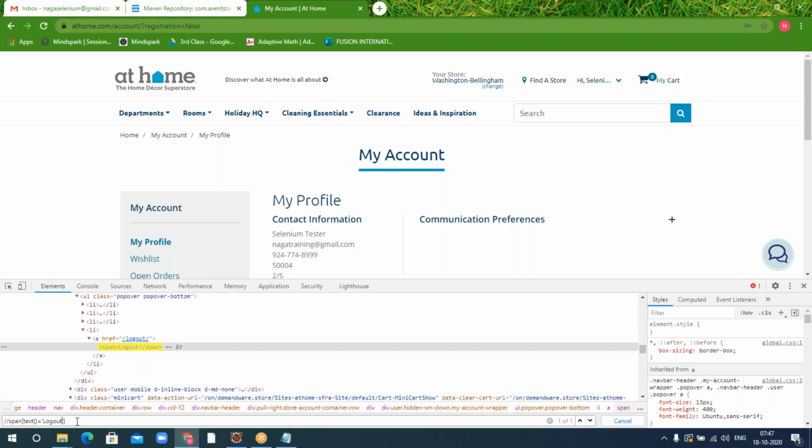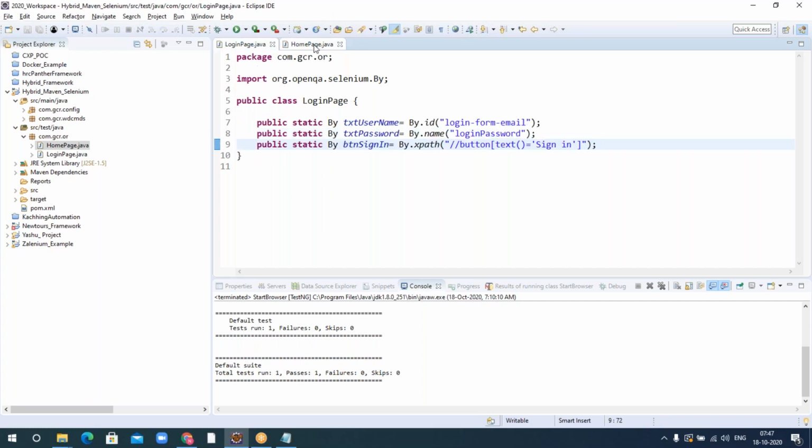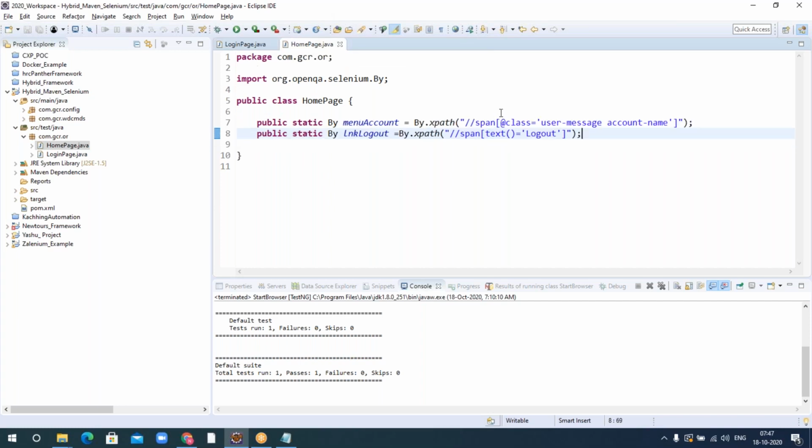Yeah, addition 1 of 1. So I'll go ahead with this. Perfect. Now I have the locators also. So I have the login page, I have the home page for one scenario because I'm doing it for only one scenario, right? So I got the login page details and the home page details. Okay. Do you guys have any questions in this?